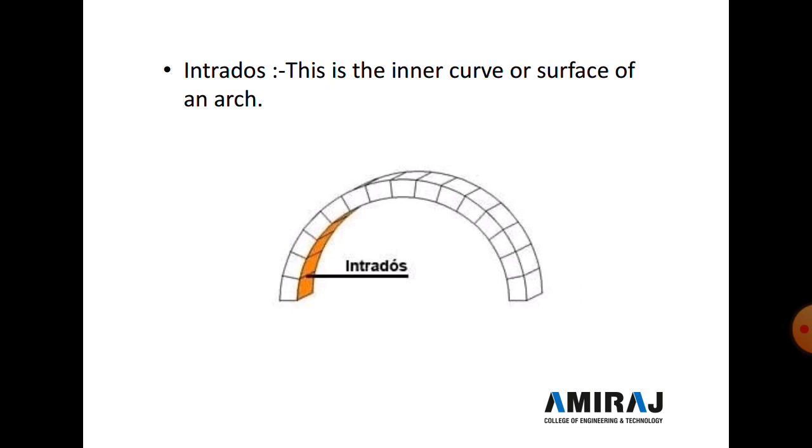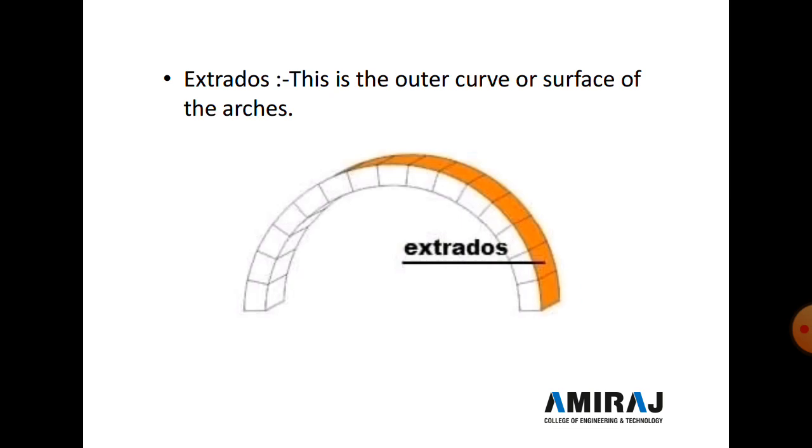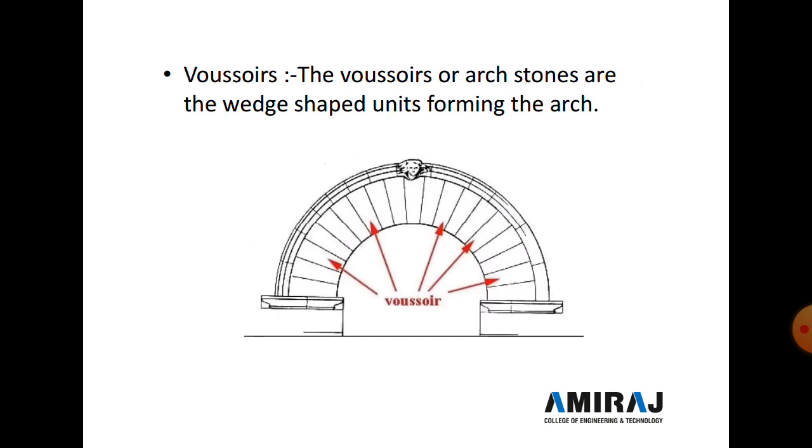So the inside portion, the inner part of the curvature, is called the intrados. Now the next technical term is the extrados. This is the outer curvature surface of the arc, called the extrados. The yellow color shade shows the extrados. So it's the outer part of the curvature. It is directly connected with the brickwork or stonework above the opening area.